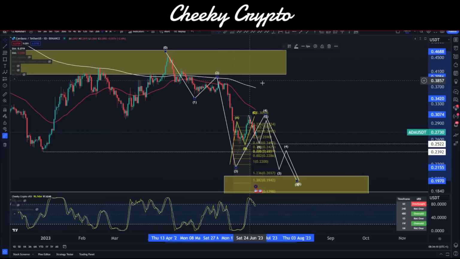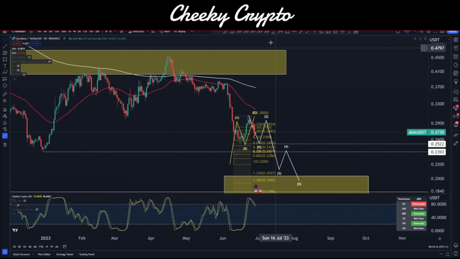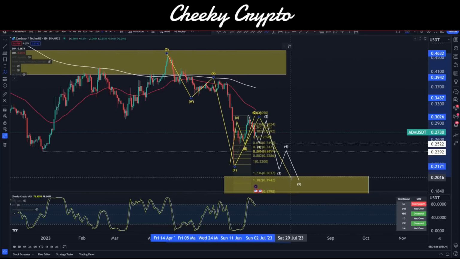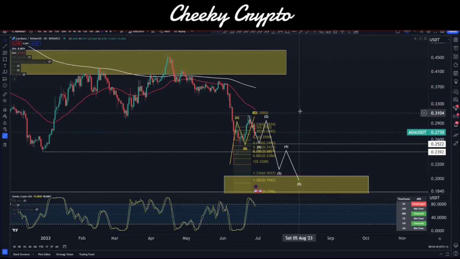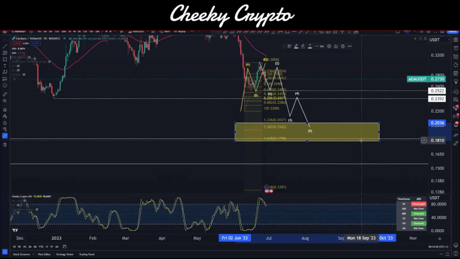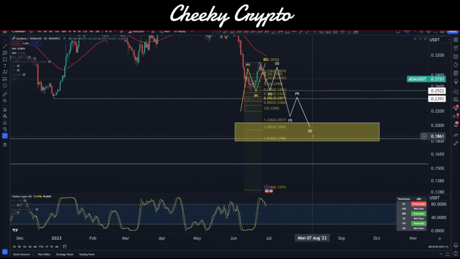So we'll follow a very similar pattern, but I don't think it's going to be exactly that. It would be an easy thing for a lot of people to miss out on, but more WXY-XZ, I think. I'm still going to leave the target down here for now, and that may change ever so slightly as patterns and structures start to change and morph a little bit. But for now, we'll leave it like this, and we'll still see that there's a new lower low due for